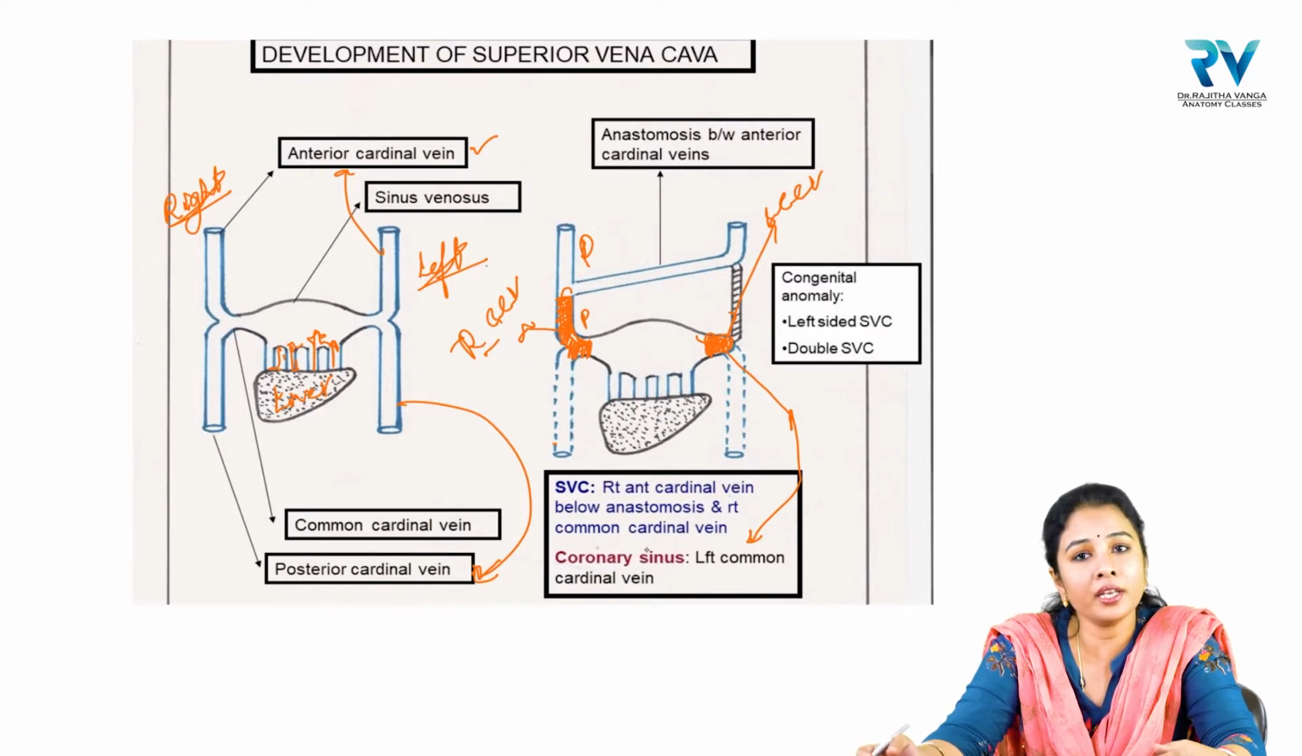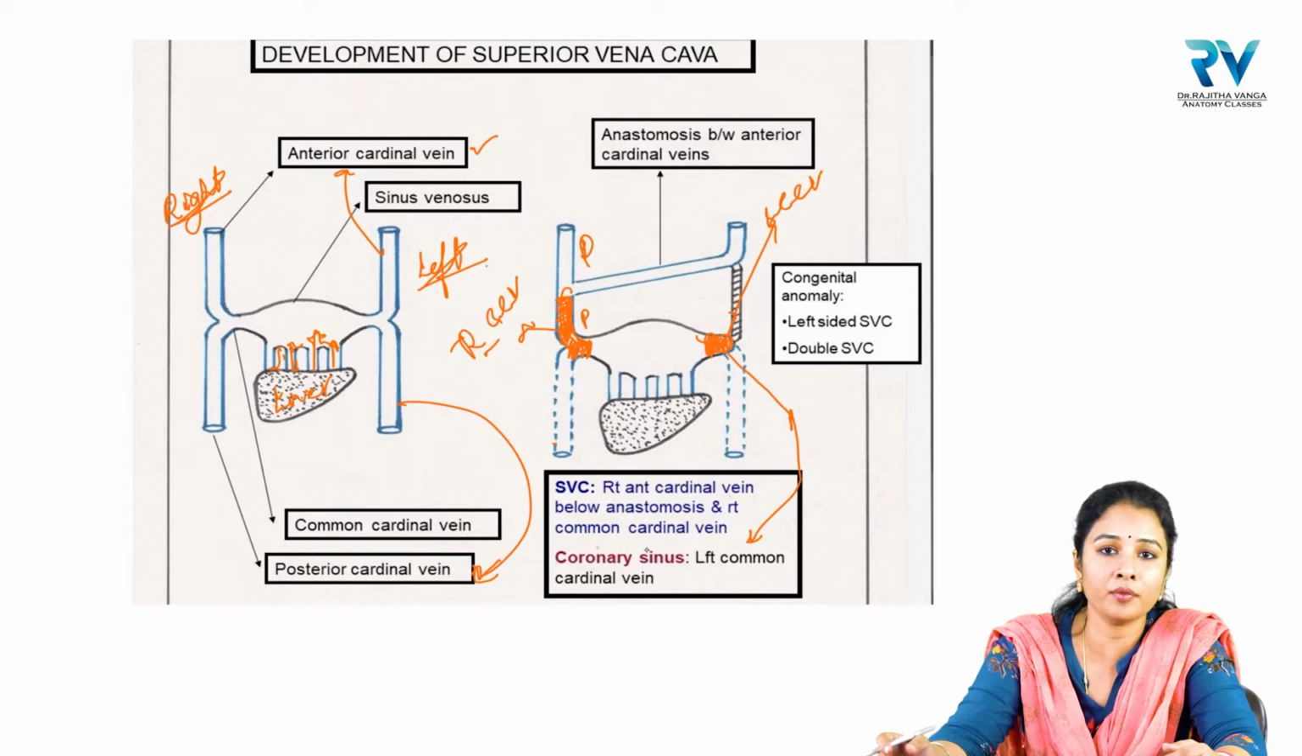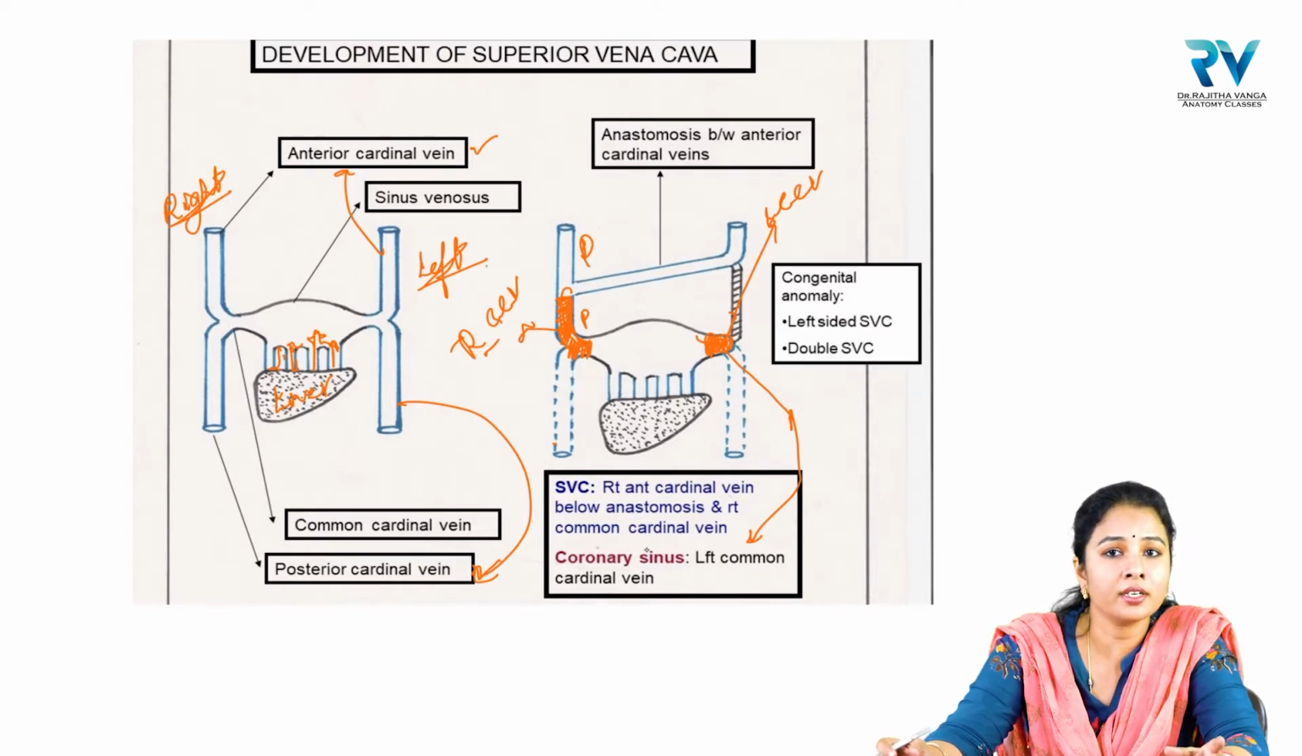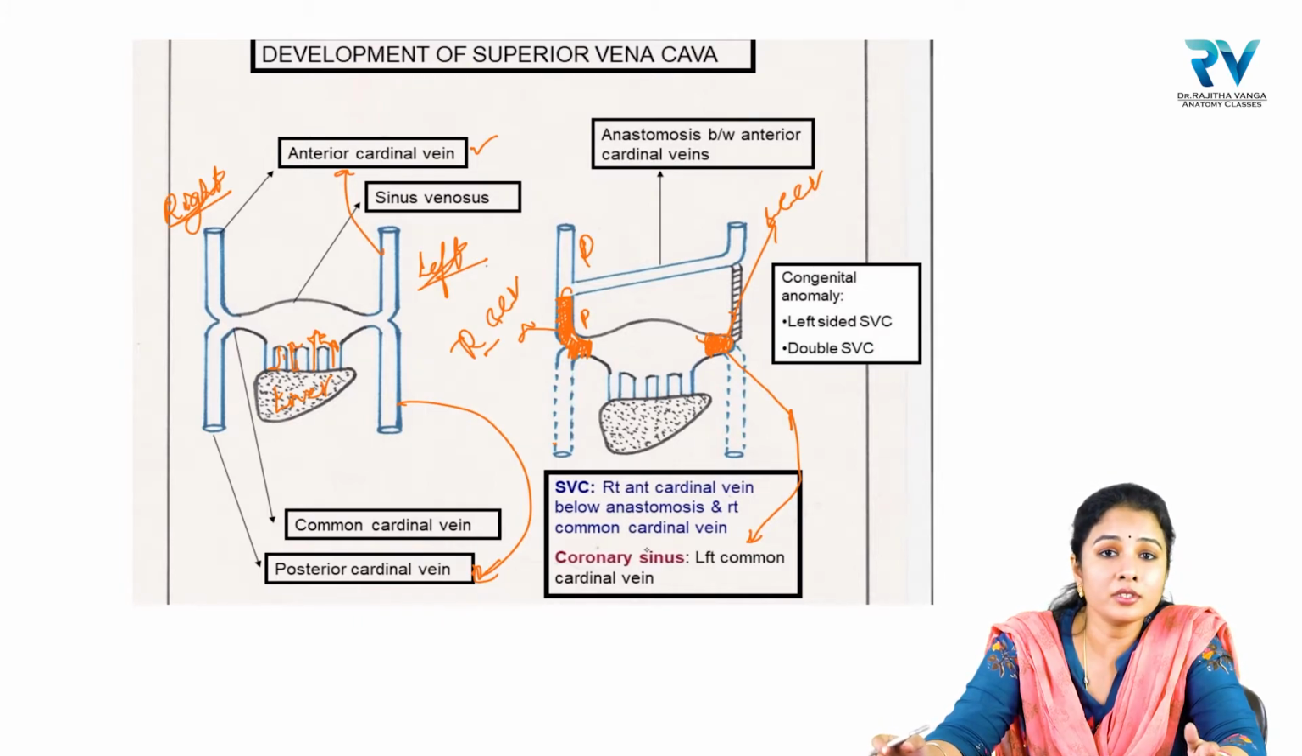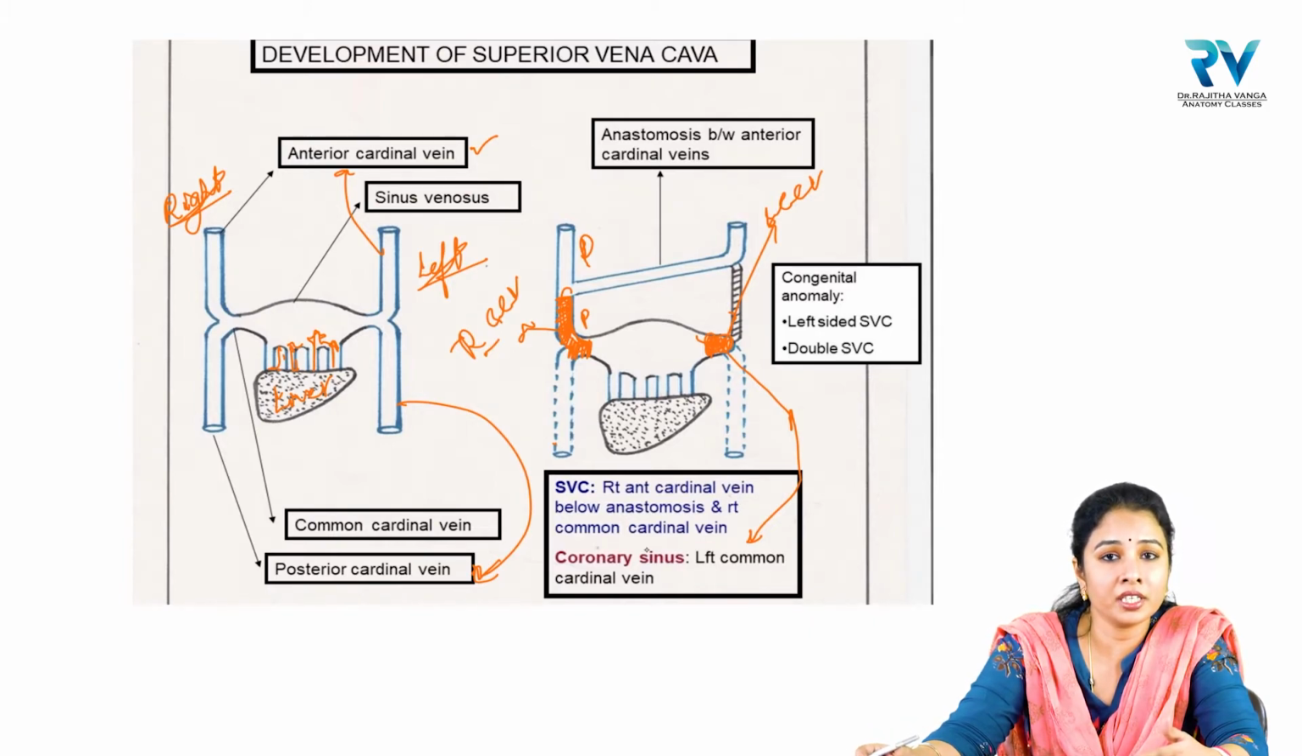on the left side it may remain as persistent, which is called left-sided superior vena cava. Normally there are no symptoms, so left-sided superior vena cava is an asymptomatic condition. Only when any procedure or scanning is done can we find out that there is a left-sided superior vena cava. And double superior vena cava: suppose the left side does not disappear and degenerate